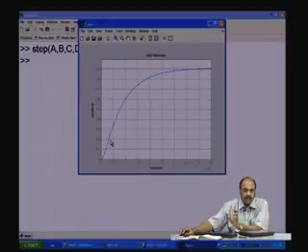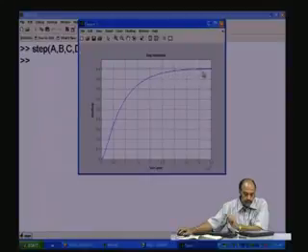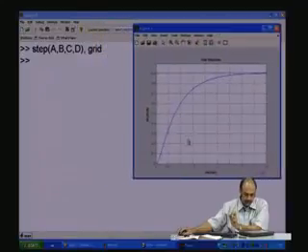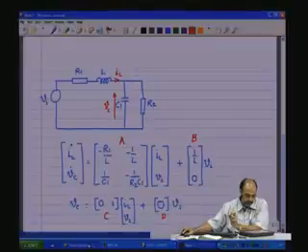So, the voltage across the capacitance would behave in this manner if you apply a unit step of 0 to 1 like this at the input. So, you see that there is an error as I start going to the steady state, the remaining voltage is dropped across R1. If you look at the circuit